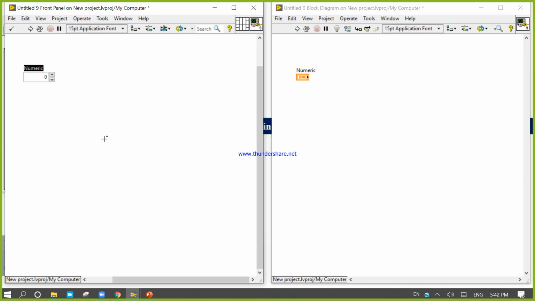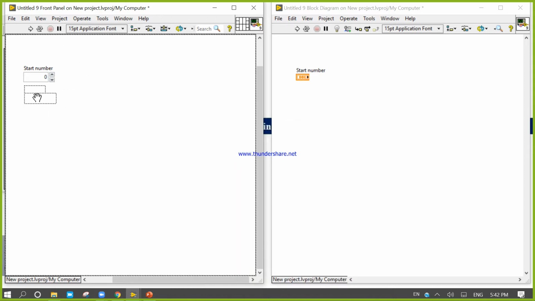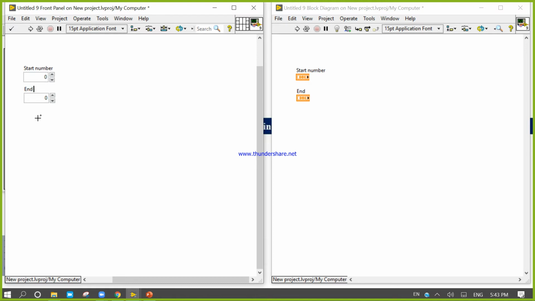So now: start number, and end number. If here I insert 4 and here I insert 16, from 4 to 16 there are 13 numbers.